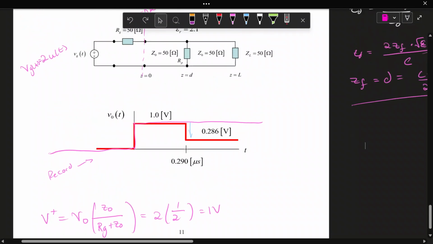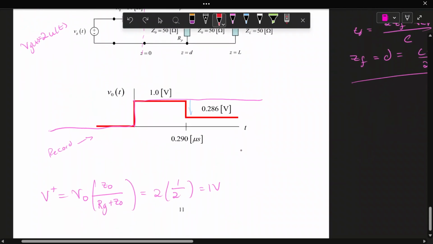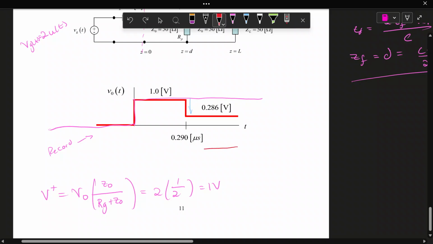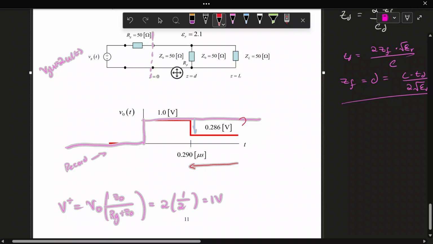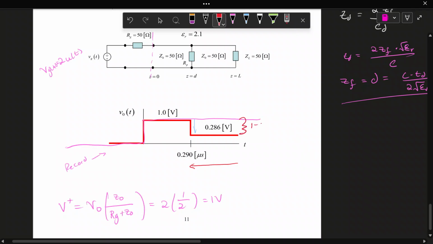What that means is there must be a negative voltage being applied from the junction back to our source at z equals 0. But what is that? Well, it is the difference: 1 minus 0.286, because this should have been 1 the whole time, but it dropped by how much? What is the distance? 1 minus 0.286,